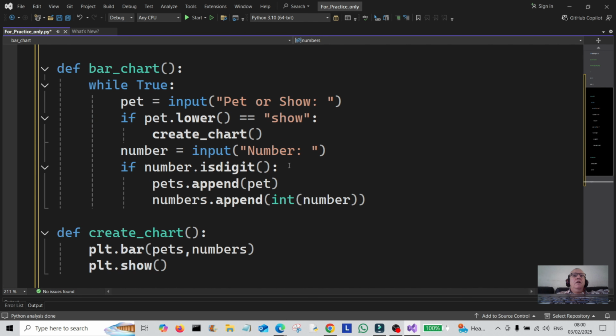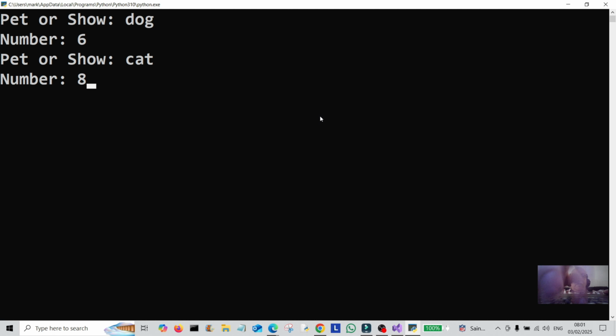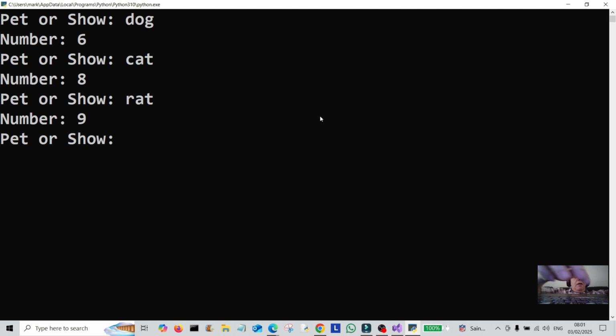Okay, so we got pet or show. So I'm just going to type in dog. Number 6 dogs. Okay, cat. 8 cats. Rat. 9 rats. Rats are quite popular. And horse. Simply 7 horses. Okay, now I want to show this bar chart that we're going to create, so I simply type in show,